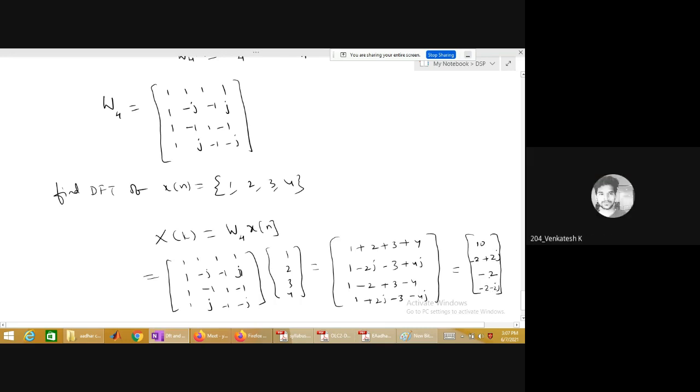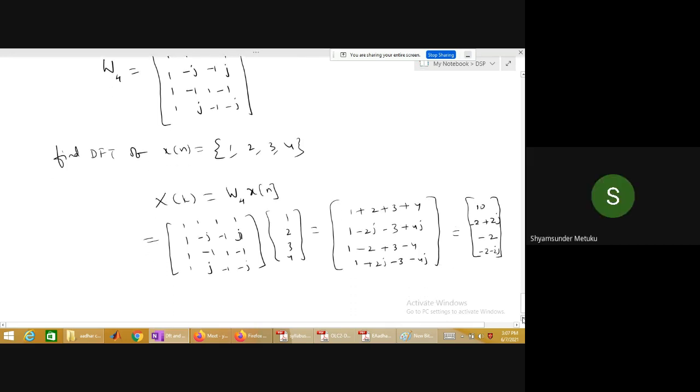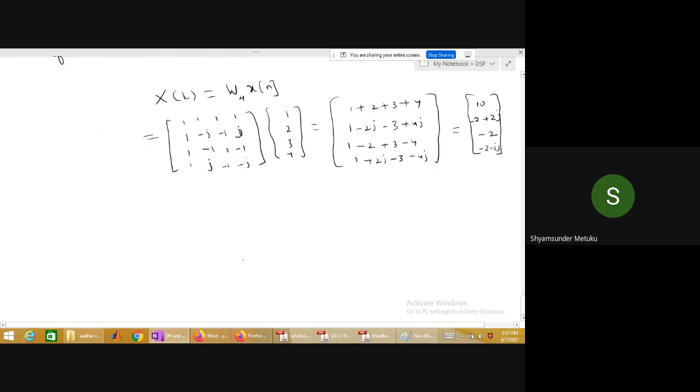Yes, sir. So which one is better? The first method is better, this method is better. Second one. Only thing is you should remember the transformation matrix. So very simple here because of symmetry: first row and third row are very simple to remember. First row will be all ones, third row will be alternating 1, minus 1, 1, minus 1. Yes or no? Yes, sir. And if you know only the second element of the second row, which is minus j, alternating minus j, minus 1, plus j. First element opposite is minus 1, second element opposite is minus j. So I hope it is easy to remember the transformation matrix.